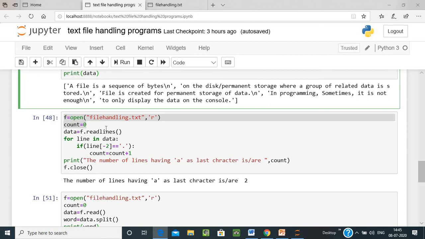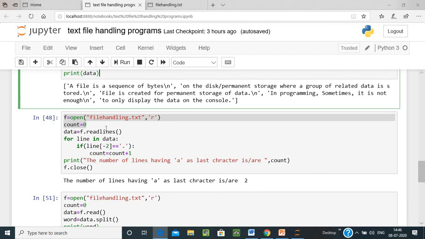Now if line[-2], line[-2] means indexing minus 2. This is reverse indexing, we are indexing from the last.